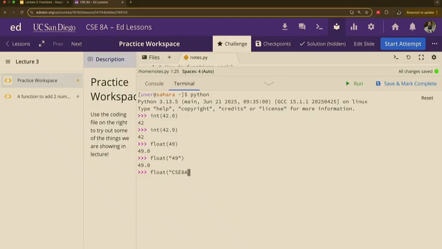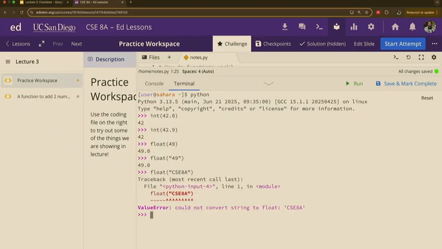Let's do another number inside. CSE 8A. There's a number inside here. 8. What will we get? An error? Or would we get 8.0? Let's try it out. I don't know. Let's click it. Oof, we got an error. Okay? The reason for that is because it says I can't make this string that you gave me into a float.